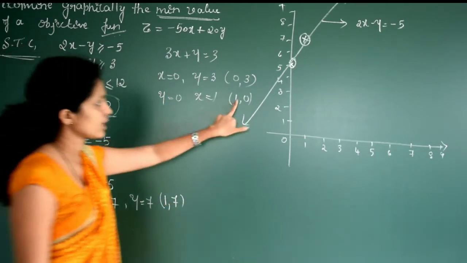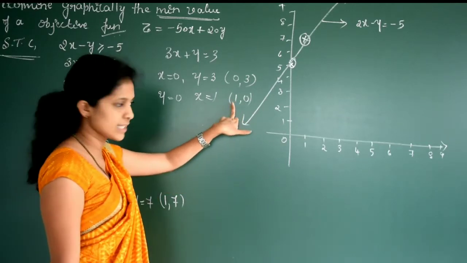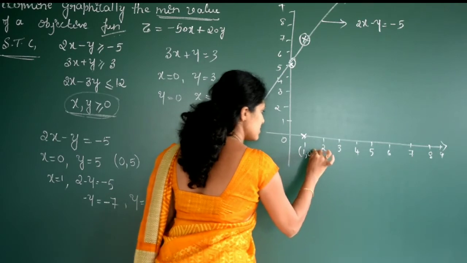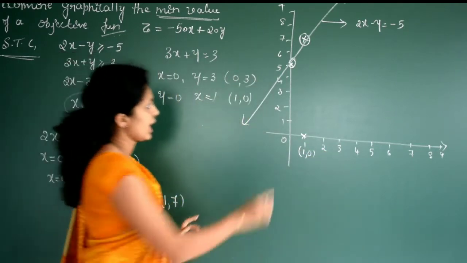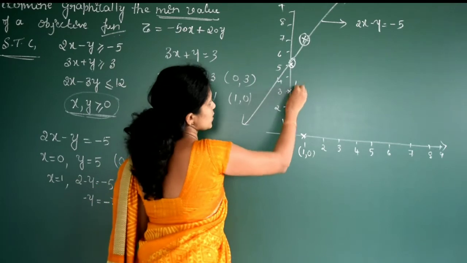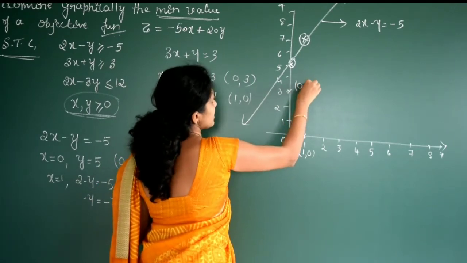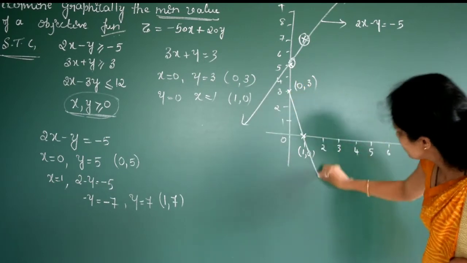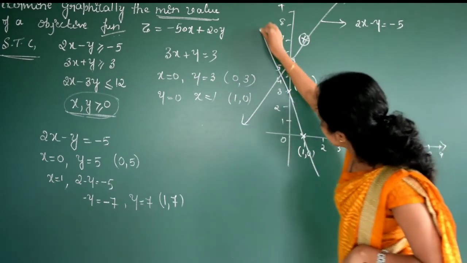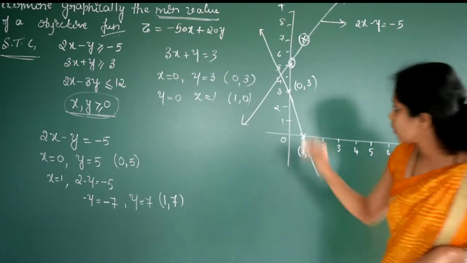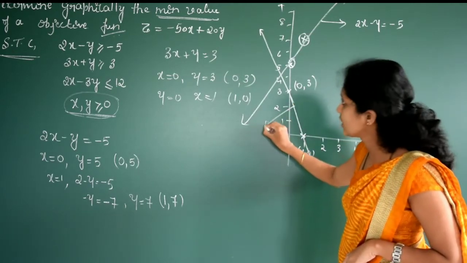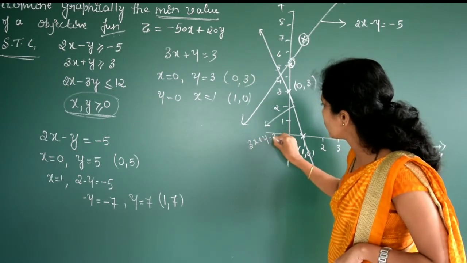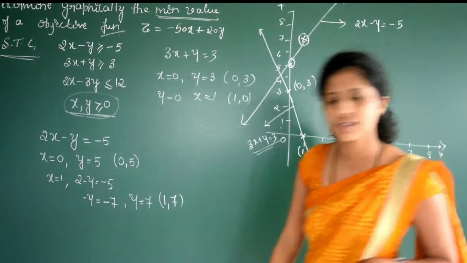So we will draw the graph of this line. Here the point 1, 0, and 0, 3. I mean x is 0, y will be 3. So this is the point 0, 3. Is it clear? Now we will join these two points. So this is the line. Guess what the equation will be? You need to mention it here. This is 3x plus y is equal to 3. So this is the line.